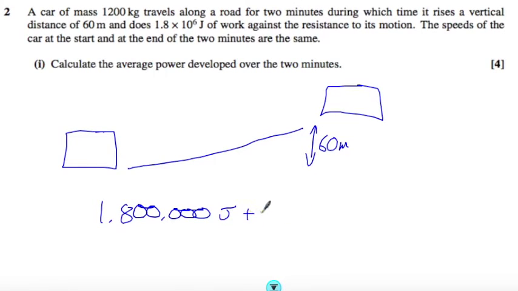So the engine's also had to put in MGH. So 1,200 times by g times by h, that was 60. So if I work that out, 1,800,000 plus 1,200 times 9.8 times 60 is